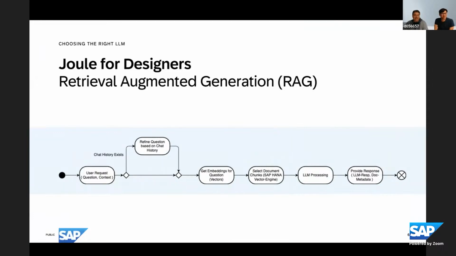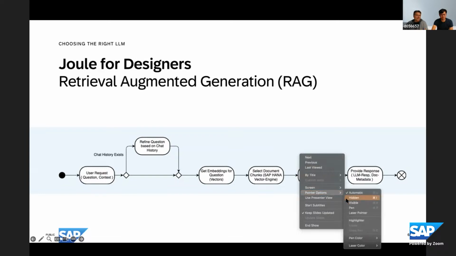Yeah. So the thing you saw is, as you might know, a RAG, a retrieval augmented generation. So how does it work? Basically, we took the Fiori guidelines, processed the data, meaning we chunked it into smaller pieces. We then calculated the embeddings, so the vectors behind that, and stored everything in the SAP HANA vector engine, so in our database. And based on that data, if a user asks a question, for example, regarding the